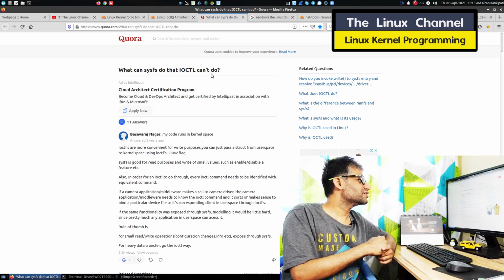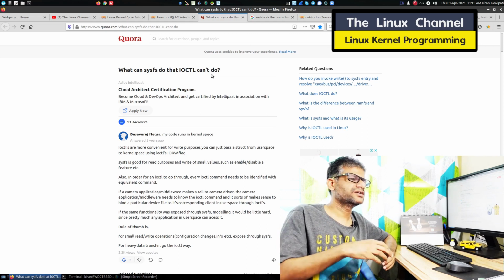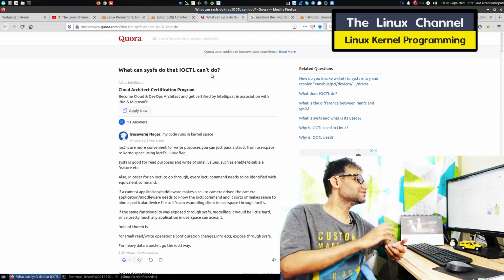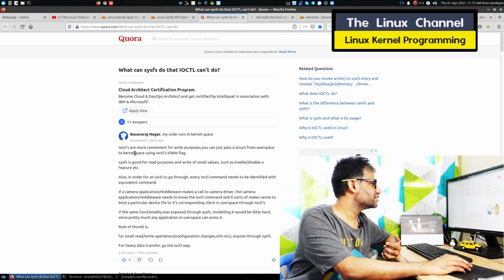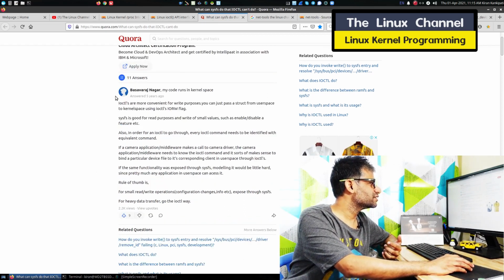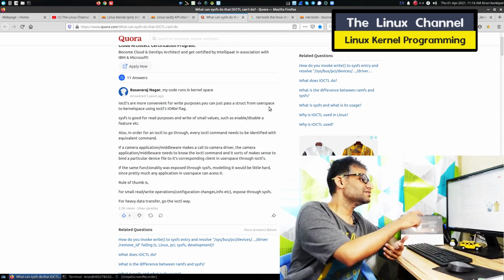He is asking what the differences between IO control and sysfs are. You can also find sysfs versus proc, and various combinations. In this I find something interesting. Someone has answered that IO control is more convenient for write purposes because it has the data structure and stuff like that. But again, that is his opinion.